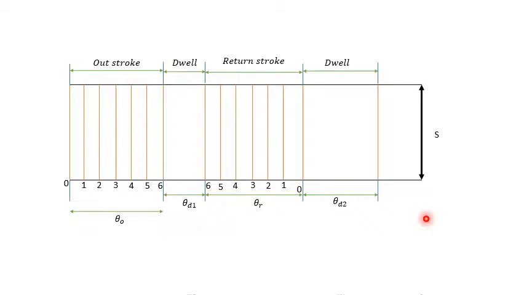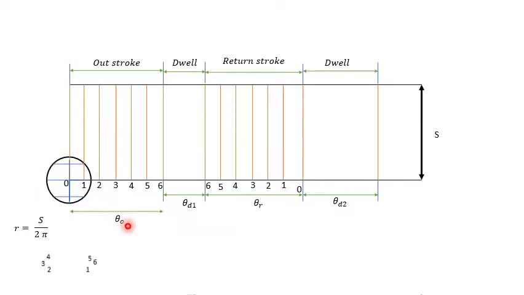Okay, so the next important step, especially for cycloidal motion, is we have to draw a circle on this corner whose radius is equal to S by 2 pi. S is nothing but the stroke length. Stroke length divided by 2 pi gives the radius of this circle. So by taking this radius, draw a circle. Next, we have to split this circle into the same number of parts, that is 6 equal parts.